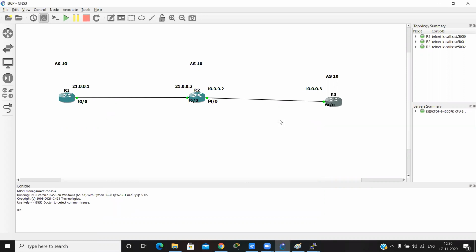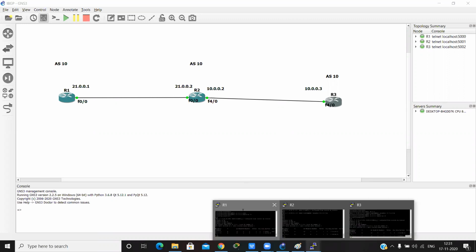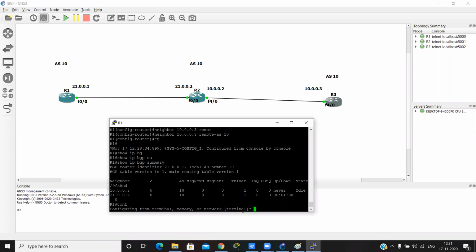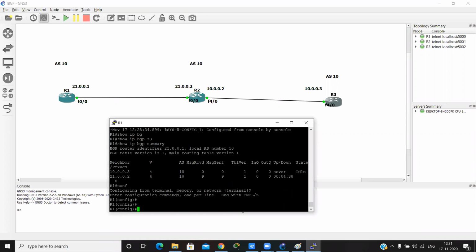Now we can configure BGP, but the neighborship is down. So to make the neighborship, we have to configure routing, either static routing or dynamic routing. So let's configure static routing to make a neighbor with a different network.